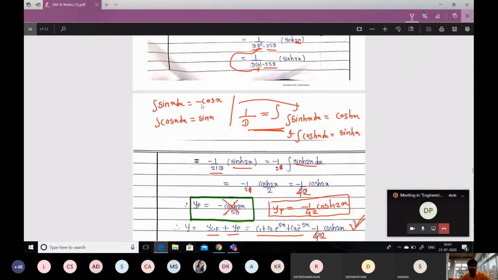So there is a difference. Here you can see a negative sign, but here no negative sign. If you take the derivative of sine hyperbolic function, you will get cos hyperbolic. If you take the derivative of cos hyperbolic function, you will get sine hyperbolic. There is no negative sign. But in case of trigonometric function, there is a negative sign. That's why the integration of sine hyperbolic 2x is simply cos hyperbolic 2x, and because of the 2x, we need to take the denominator as 2. Understand? So there is a fine difference between hyperbolic sine cos function and trigonometric sine cos function.